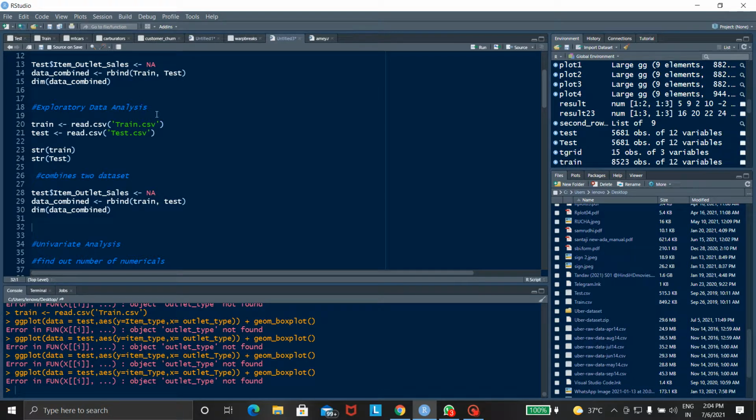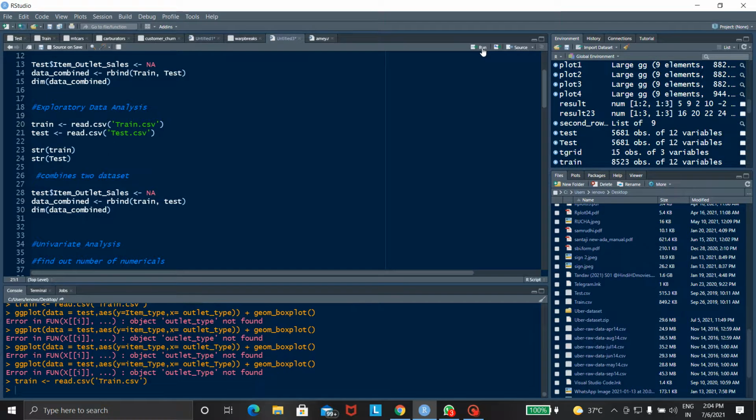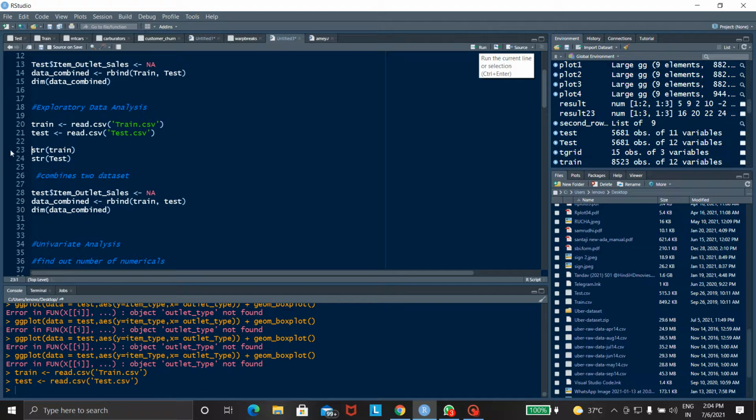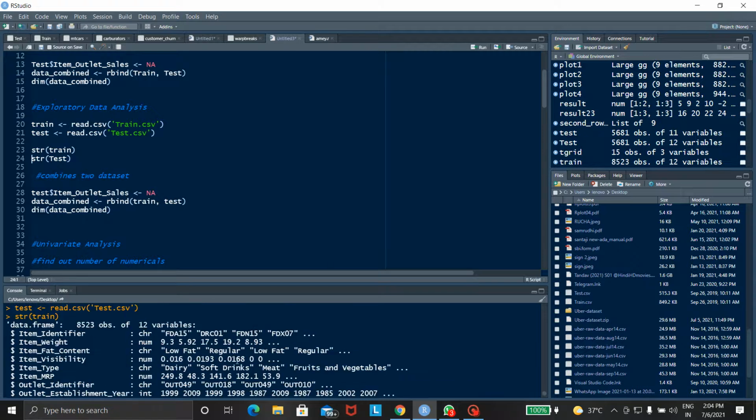The first analysis is exploratory data analysis. The code is train read CSV train CSV. Then run this program. If we want to find which components are used in the train dataset, type str train and run this code.